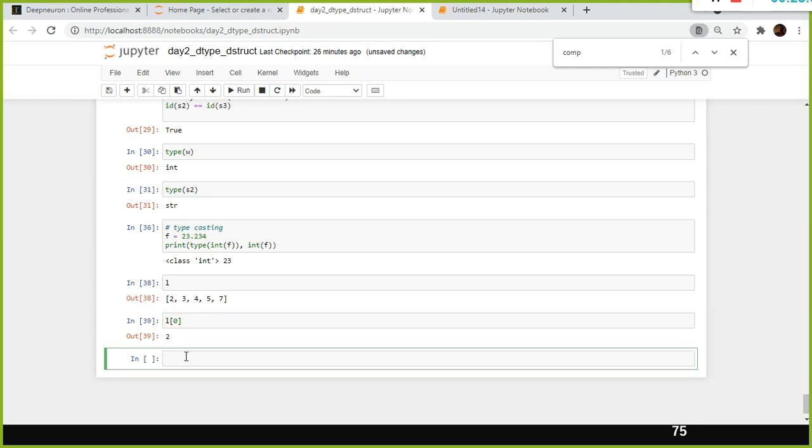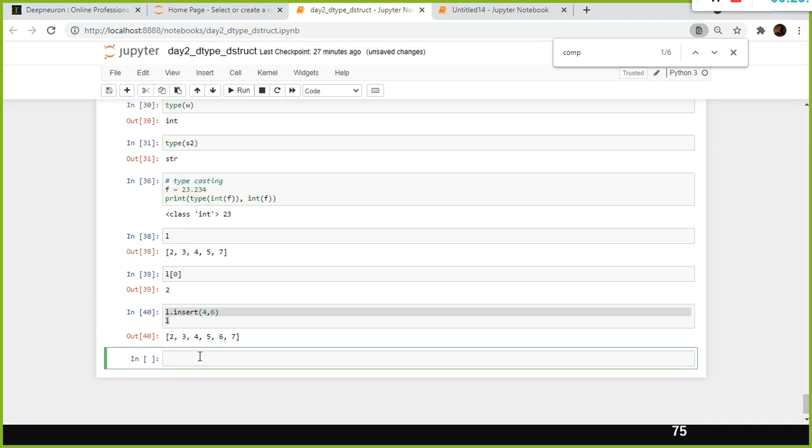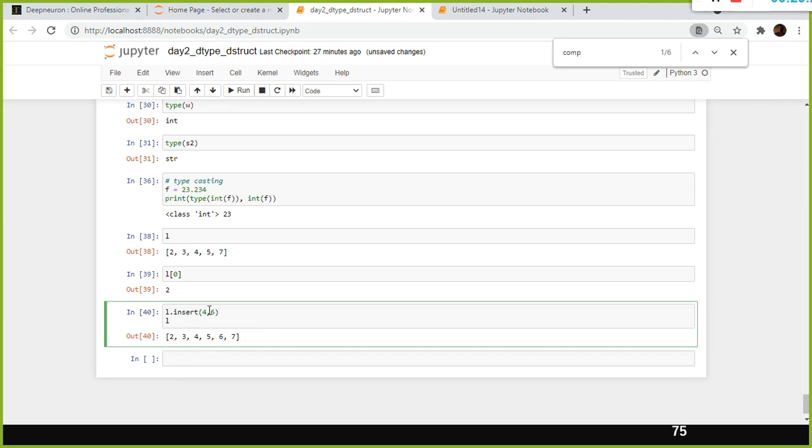If I wanted to add something here, L dot insert. Supposing the list is 2, 3, 4, 5, 7, and you want to insert a 6 in between 5 and 7. How can you do that? Index 0, 1, 2, 3, 4, so L dot insert 4, 6, and then print L. So you need to specify the index value first.